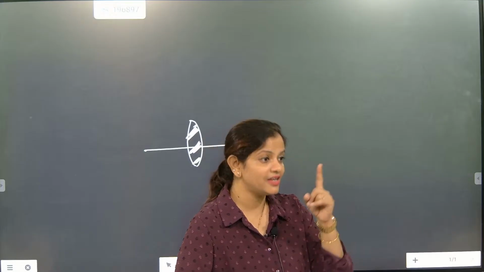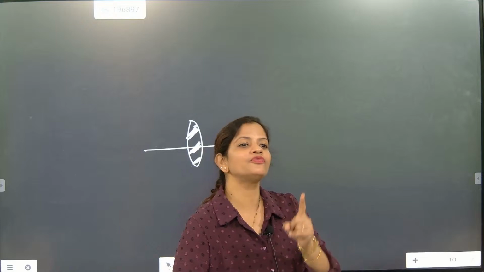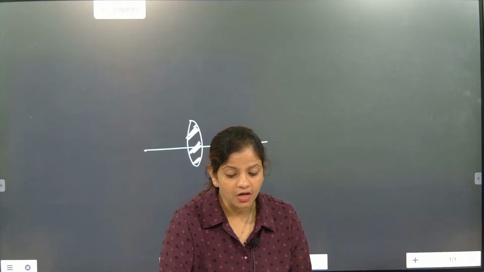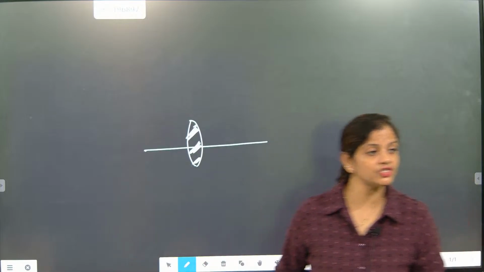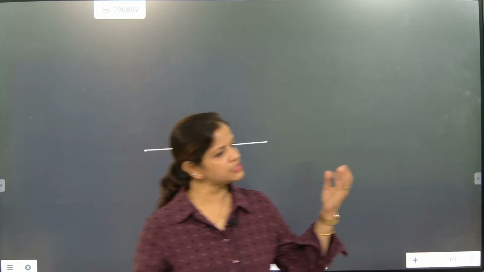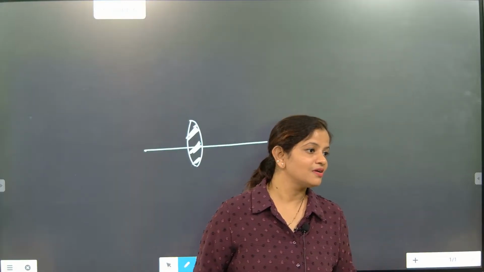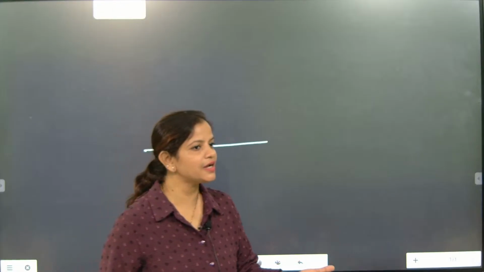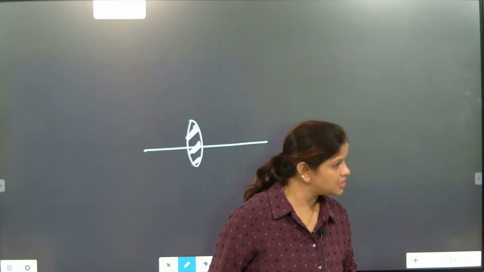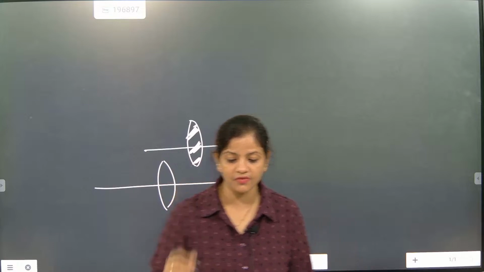You need to understand, yes, a medium change will change the property of the lens. This is one of the most important things. You must remember this part. With the medium change, from rarer to denser, the one which converged will now diverge. You need to understand what convergence is. Convergence means when the light rays